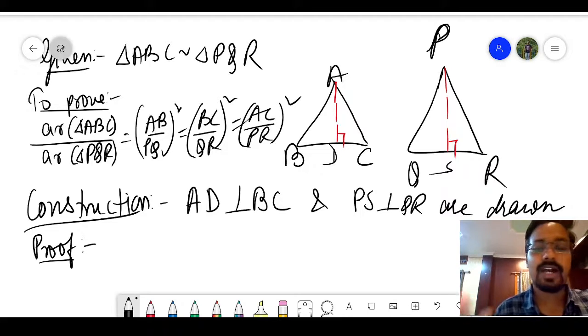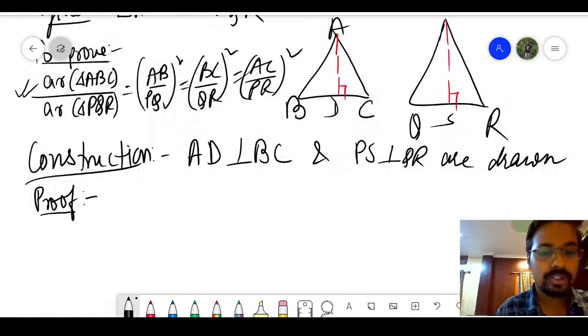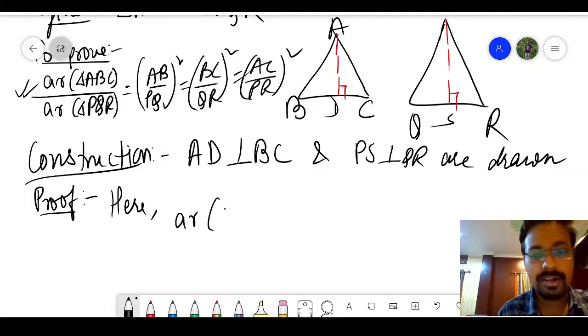Now that we know that these two triangles are similar, what do we get from that? We know that their corresponding sides are proportionate. Also we know that their corresponding angles are equal. These two facts are known to us from the similarity of triangles. Now first of all, let us find the areas of the two triangles. Area of triangle ABC will be equal to